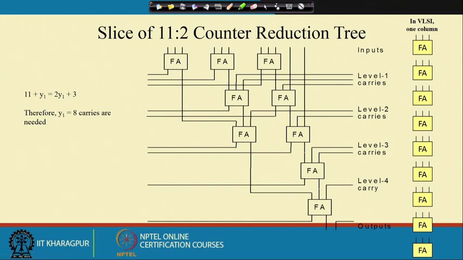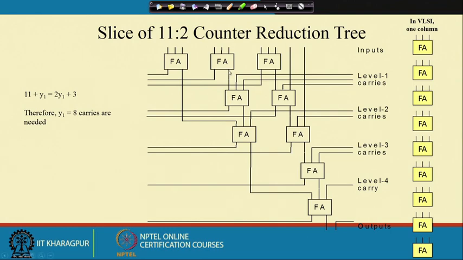Okay. So, here initially, at this very first level, that means level 0, I have used 3 full adder cells, which consume a total of 9 inputs and produce 3 carries and 3 sums. So, in the next level, in the previous case, the carry from level i enters into level i plus 1.